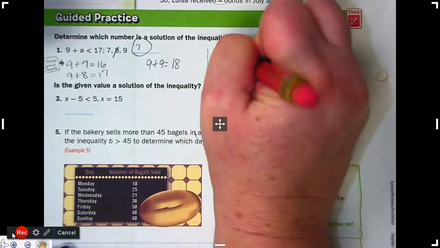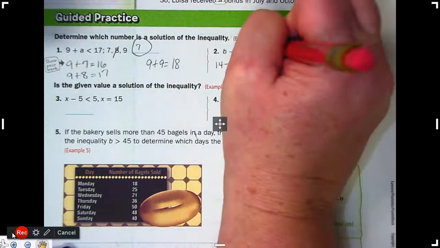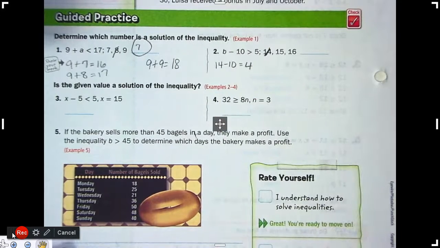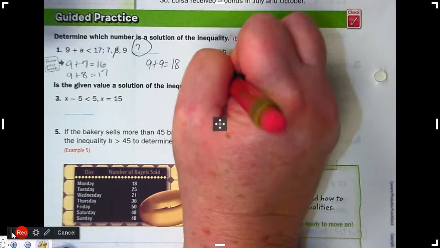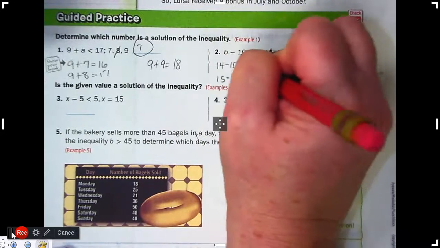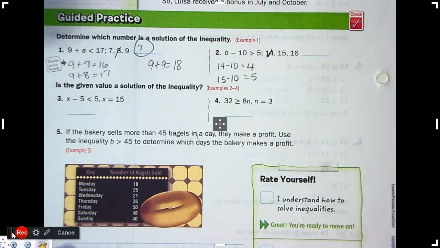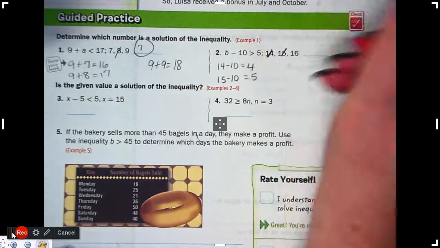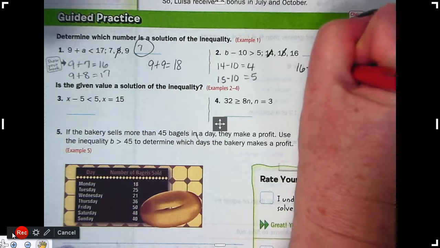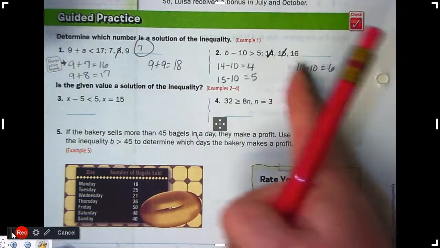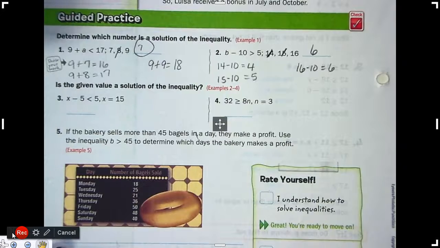4. Is that greater than 5? Is 4 greater than 5? No, that one cannot be our solution. Now change b to 15. 15 minus 10, what is that? 5. And so would 5 be greater than 5? Nope, that's not it. Last one. 16 minus 10 is 6. And is 6 greater than 5? Yes, so that one is the only one that is a solution